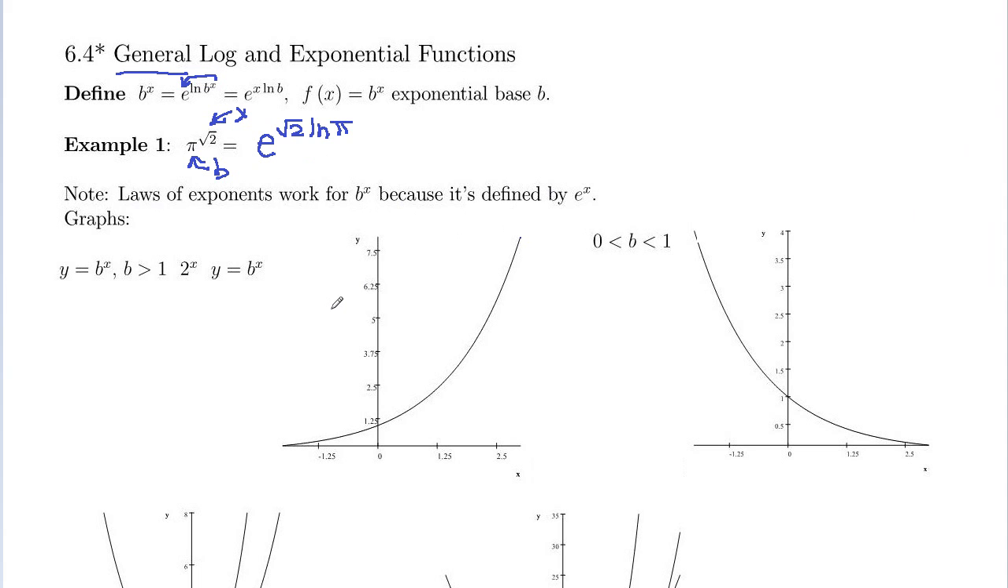And then here's what the graphs look like. If your base is greater than 1, like 2 to the x, then y equals b to the x will go up from left to right. So this would be, for example, like y equals 2 to the x. If your base is between 0 and 1, it'll go down from left to right. So as x increases, it decreases. So this would be like y equals 1/2 to the x,